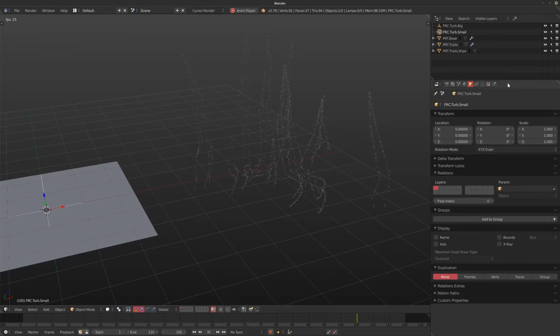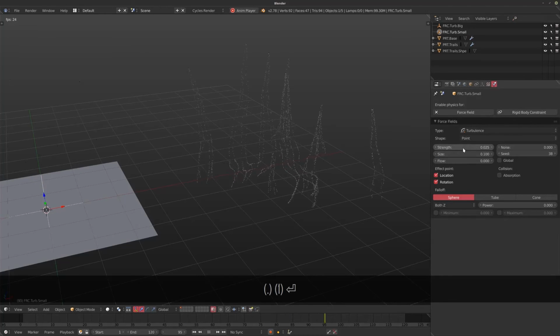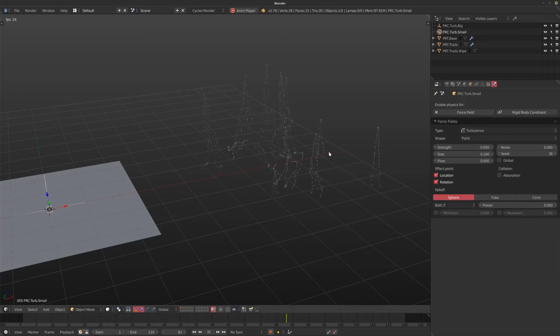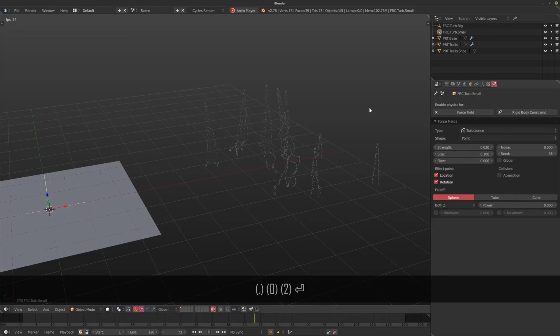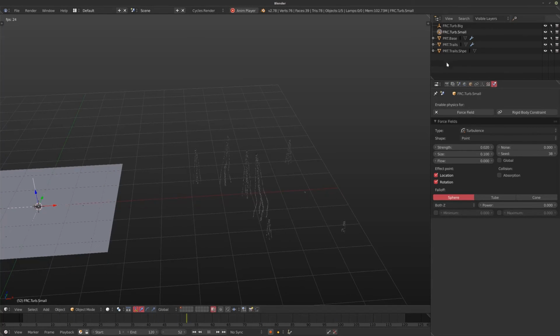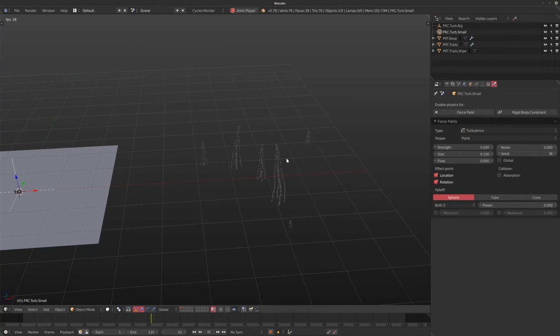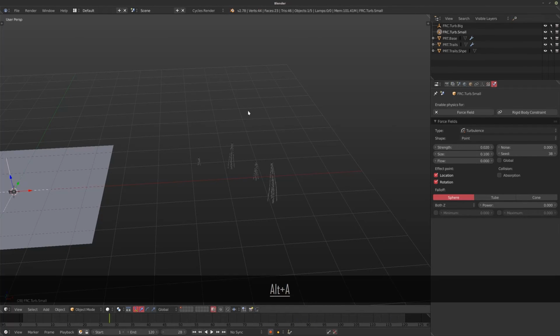Now for this smaller turbulence, I'm going to do exactly what the name suggests. I'm just going to turn this down a little bit. And what this does is create multiple layers of turbulence. And as you can see, this creates a way more interesting effect. So this is a little trick that I picked up when I was doing visual effects. I think even in the final render, I end up using 3 layers of turbulence. If you stack at least 2 layers of turbulence on top of each other, you get way more natural looking turbulence. You get a lot more detail in it, and it looks a lot more interesting.